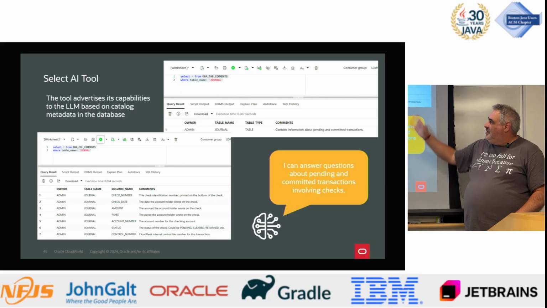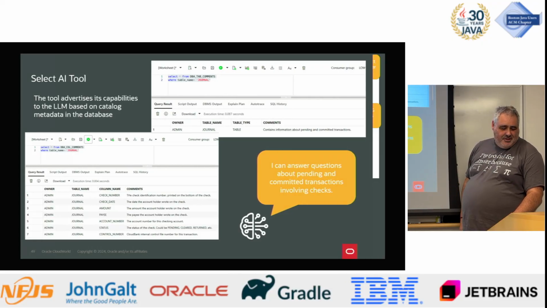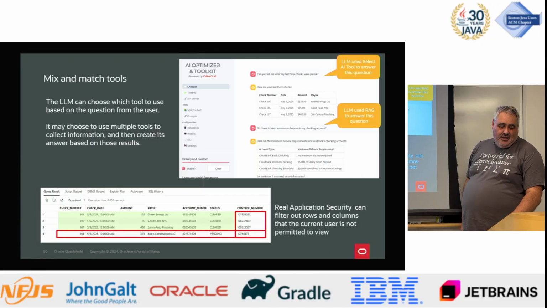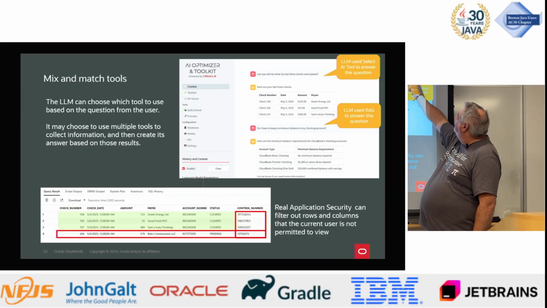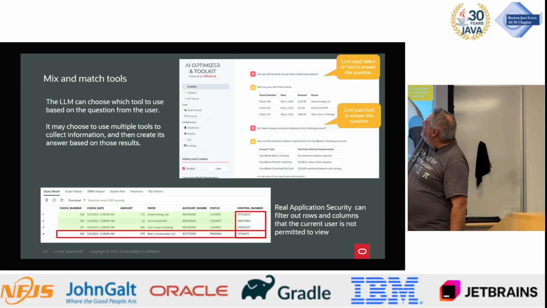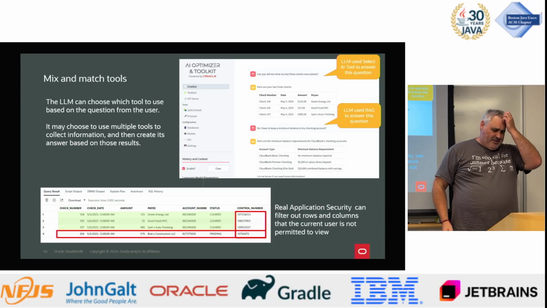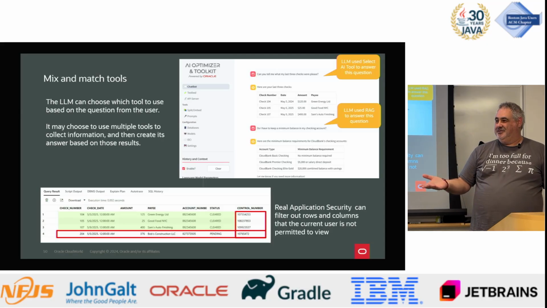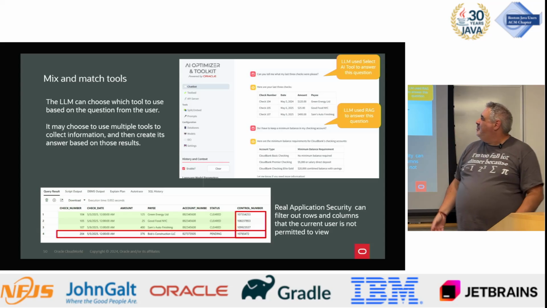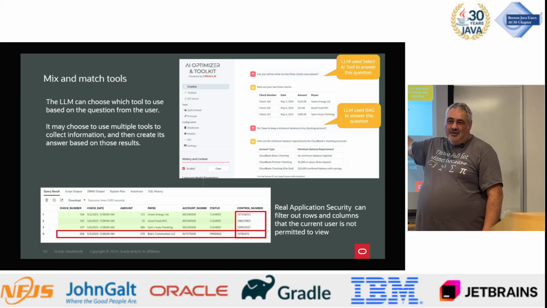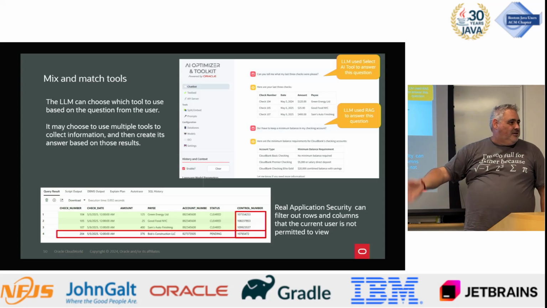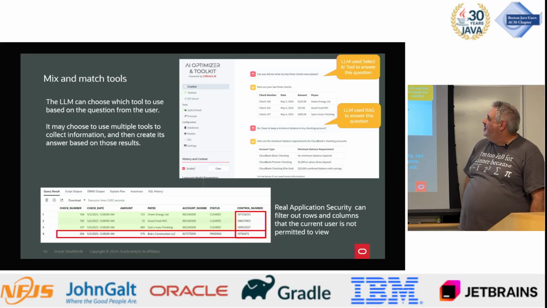So if you do have a catalog, you can give that to the LLM, to the tool, and it helps it do things. If you ask it a question like, what were my last 3 checks, it's going to look at it and go, okay, I have a tool that can go to the database and it has access to this table that has accounts and checks and so on. It can figure out from its general knowledge that you might be interested in the date and the amount. It'll construct a query, get the data, and format it as a table, all that kind of stuff.